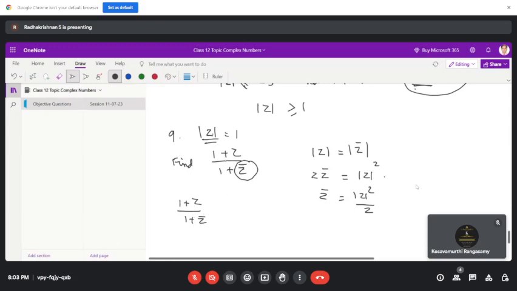So we are trying to make it into something easier, something that will cancel out. Divided by 1 plus